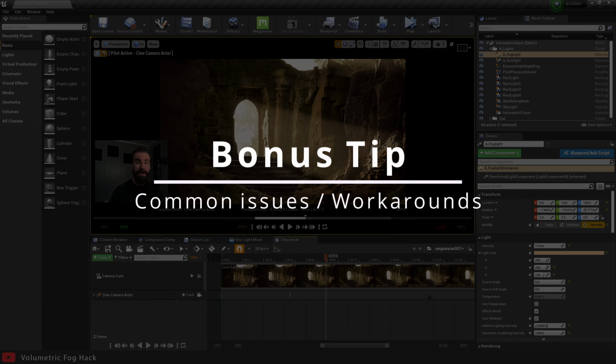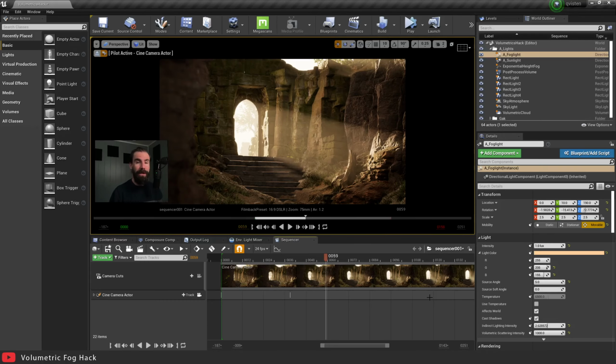There's a few caveats you should be aware of here. The first of which is now that we have two directional lights, it's going to have a performance impact on your scene. Okay, so don't be surprised if your frame rates drop a little bit. That's normal. That's fine. The second of which is, because this is such a hacky technique,